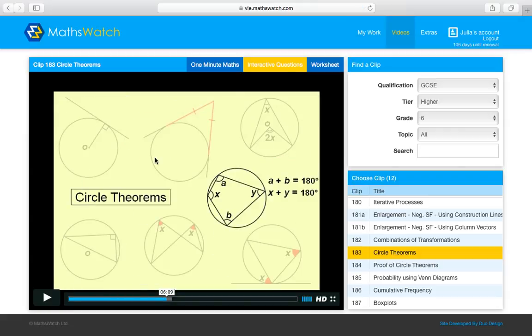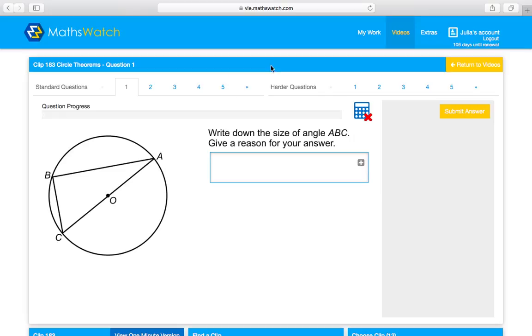So there's videos. Now, to test yourself, rather than having to be set the task by the teacher, up here it says interactive questions. So if you click on interactive questions, it gives you questions about circle theorems in the same way it does for the homework. So you can enter them in the same box, same place provided, and this one is the right angled triangle is formed by a diameter, so the answer of that one would be 90 degrees, and it says give a reason for your answer. So I would say it's a right angle